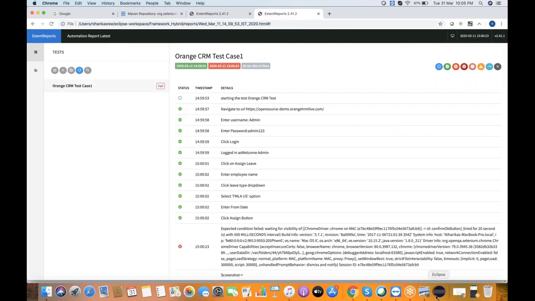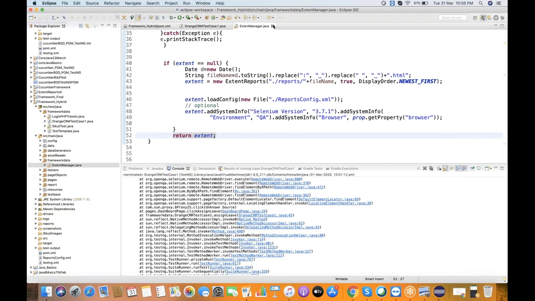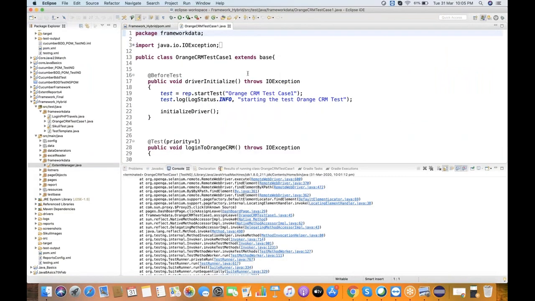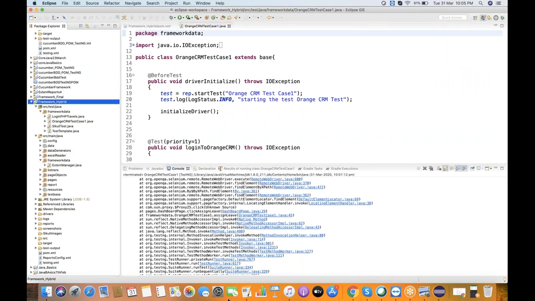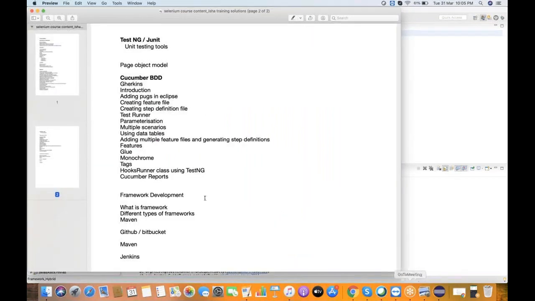Otherwise, I'll explain at that time. This is how it will be in the framework. So we'll also be able to create the Extent Reports, right?